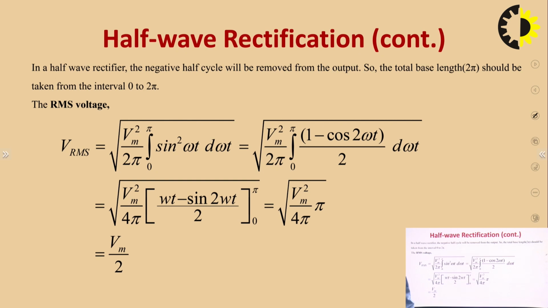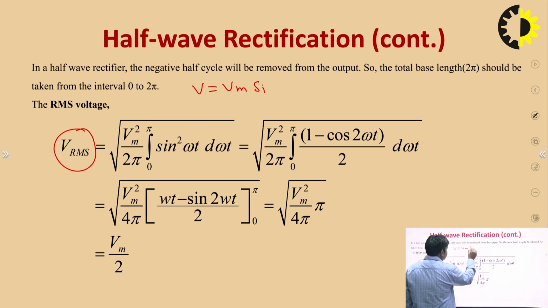So in a half wave rectifier circuit, first we calculate the root mean square voltage. What is the meaning of root mean square voltage? If V is equal to Vm sin omega t, this type of voltage is applied as the input voltage. How do we calculate the root mean square value? Root mean square: Vi square, that means Vm square sin square omega t, and we integrate it with d omega t,